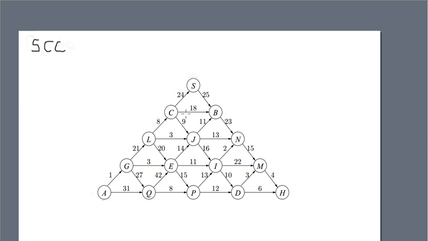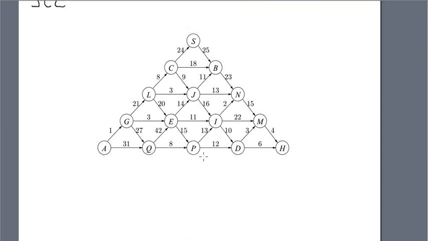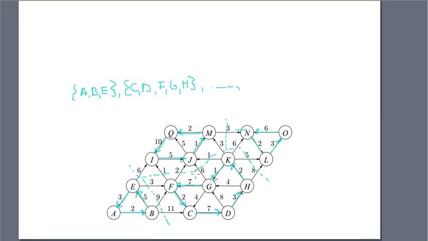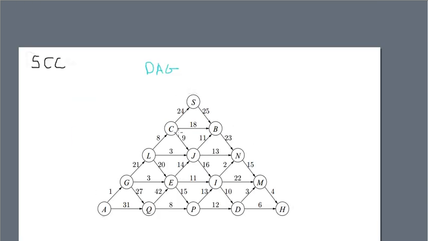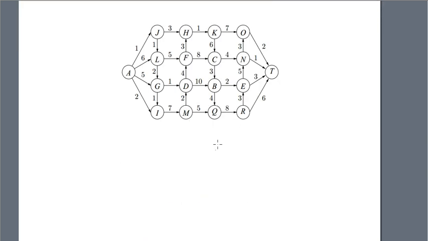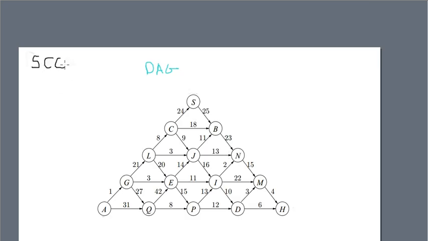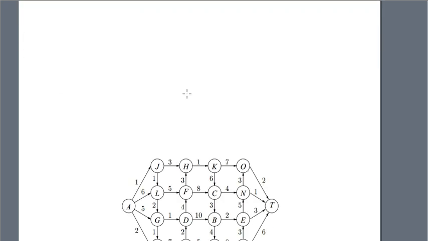They're directed acyclic graphs, right? So that's a DAG, directed acyclic graphs. So they're directed. This was also directed, so that's not the difference. But they're acyclic. That means they don't have any cycles, which this did. And you can't have a strongly connected component if you don't have any